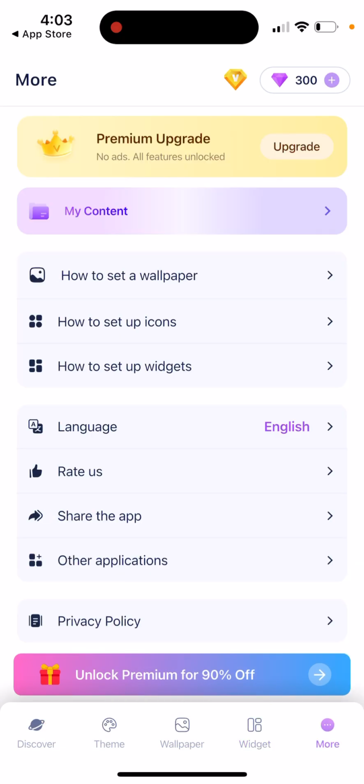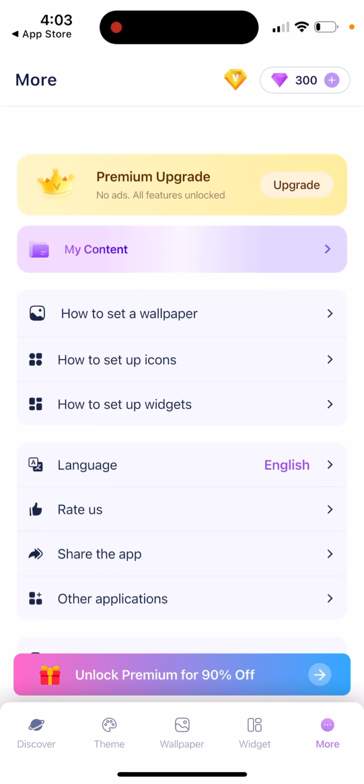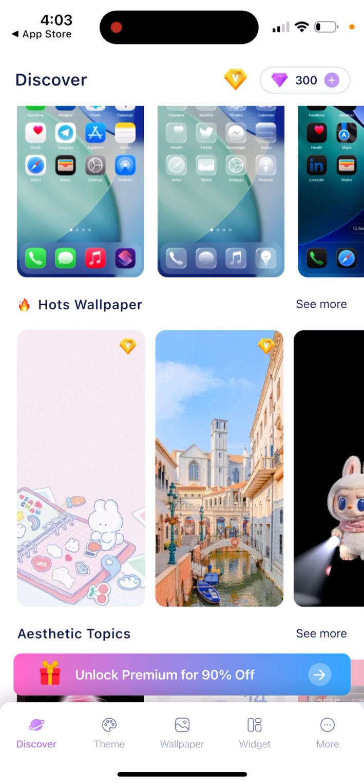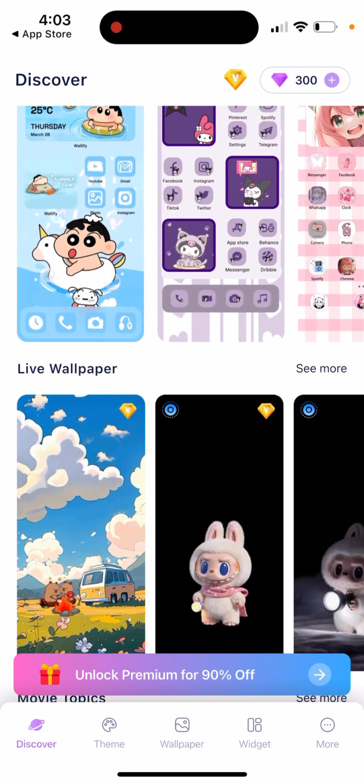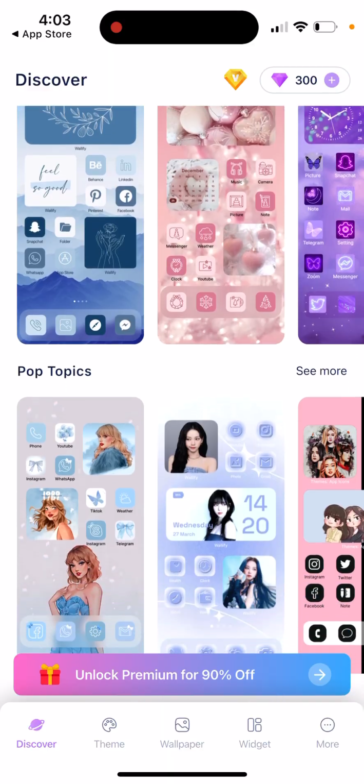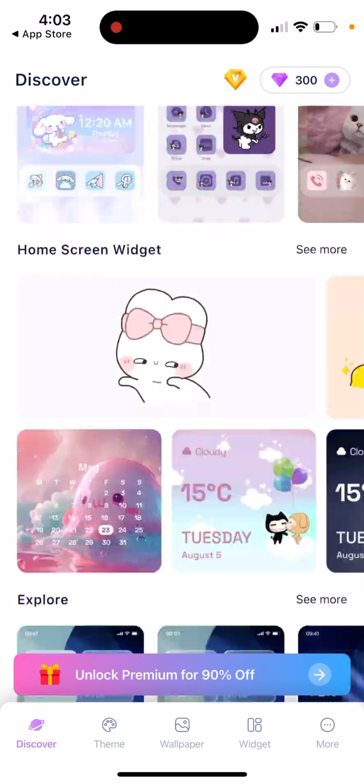And then more, that's basically the idea. So you can just upgrade if you like it. So there you have it. Also live wallpapers, different topics, sports topics, festival topics, and